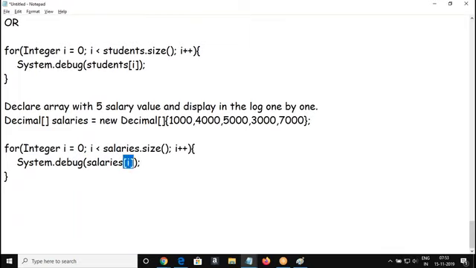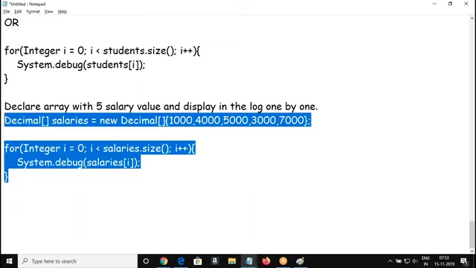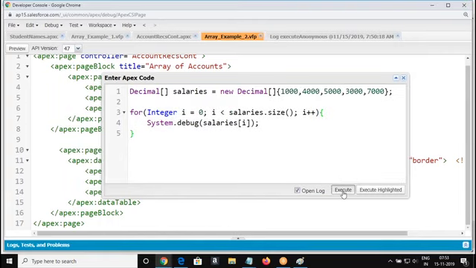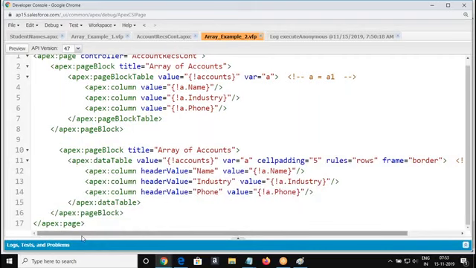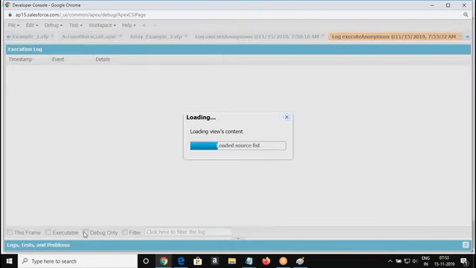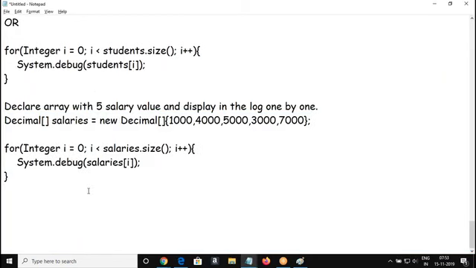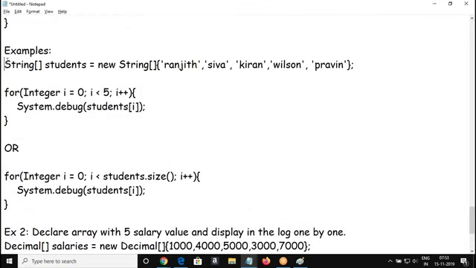Array name, we pass the index here. Get all the salary values. Okay, so this is my example 2,